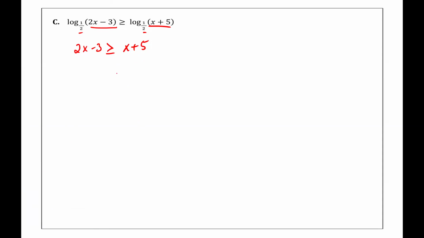My brain isn't braining. I'm going to subtract x. So when I subtract x, it cancels on that side. I'm going to add 3, which cancels on that side. So we're left with x is greater than or equal to 8. But we're going the other way, because that's what that note was saying. Got it. When the base is between 0 and 1, your log, when it's greater than, it's going to be,